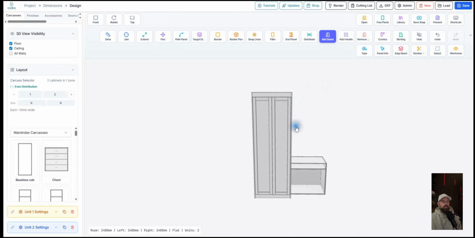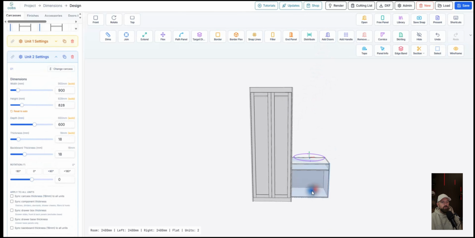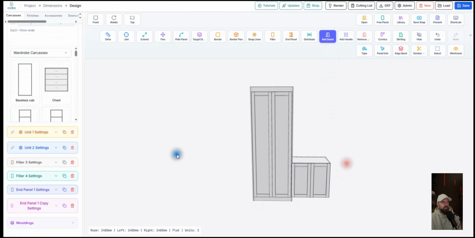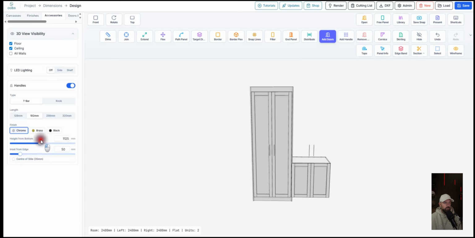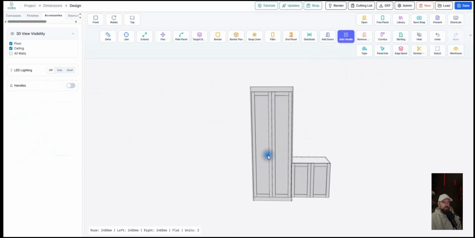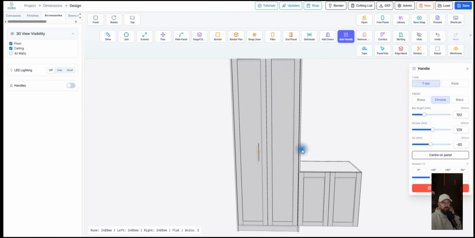So if you remember, if we had doors on this unit here, say, and we go to accessories and added the handles, you'll remember in the previous version, when you lift the handles from the bottom, if you had a unit like this, there was an error here, because if you wanted the door handles this high, these ones would raise up as well, and there was no way of solving that, so it wasn't very good. Now we've got a handle button. You just touch the door that you actually want the handle on, and you position each handle